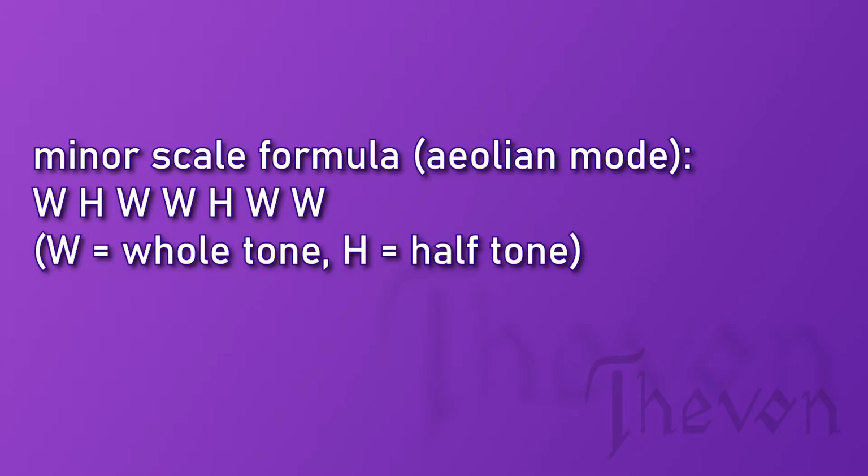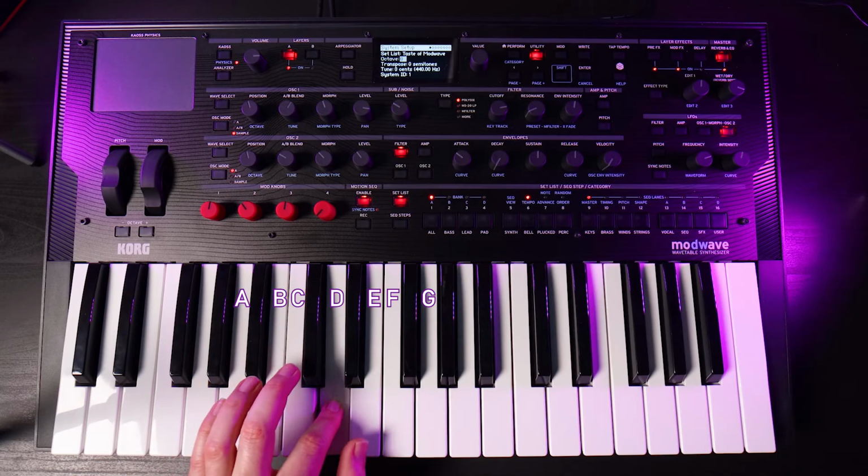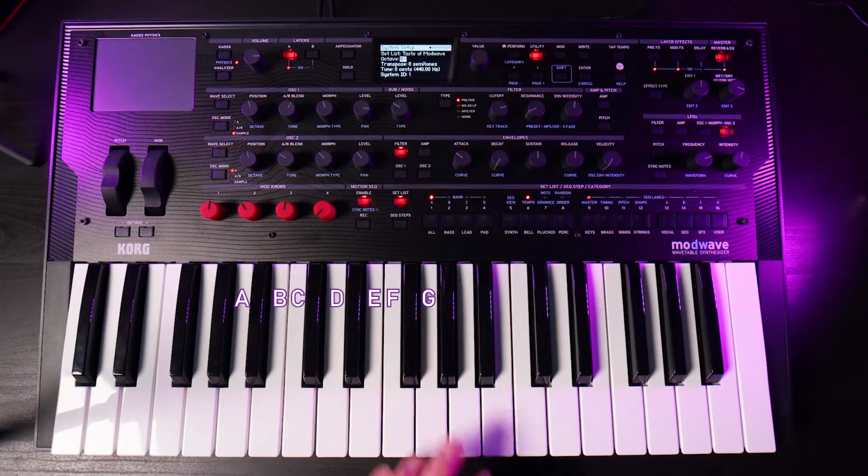Here's the formula for a minor key: whole, half, whole, whole, half, whole, whole. The minor mode is also called the Aeolian mode. Now let's figure out which tones belong to the key of A minor. You might have noticed that the A minor key actually has the exact same tones as our C major key,